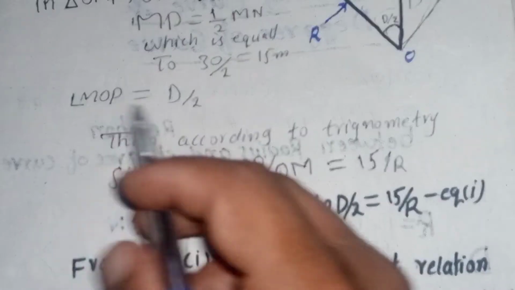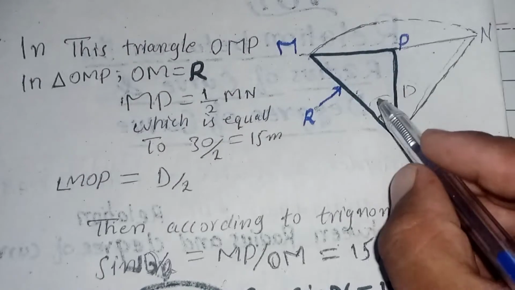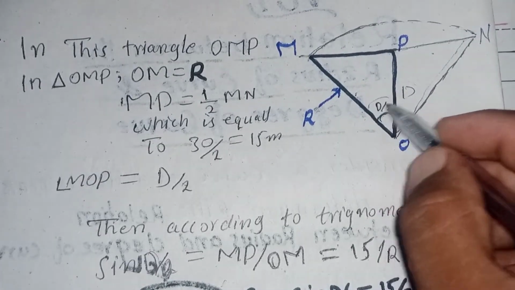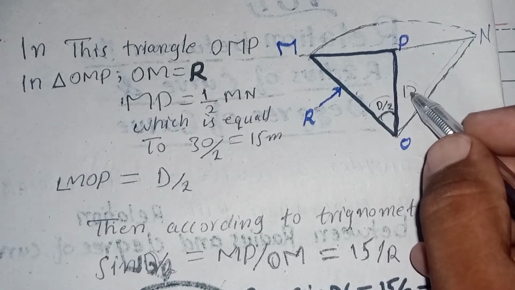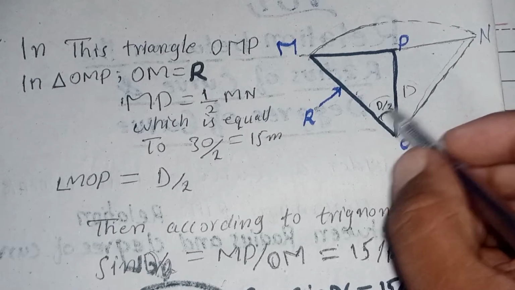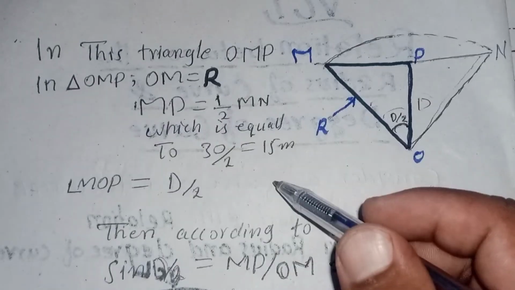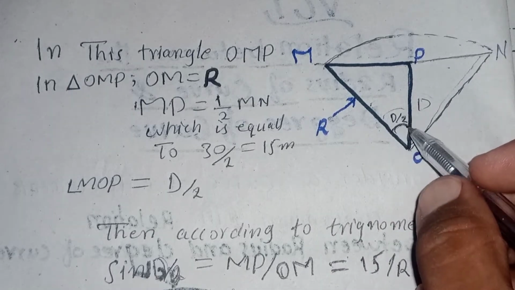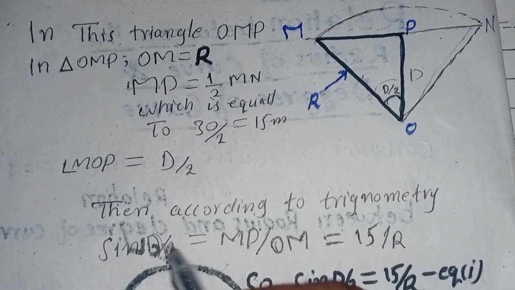The other is angle MOP, shown here. This angle is equal to D by 2, as we know that the whole degree of this curve is denoted by D, but this half angle is half of the total degree, which is D by 2. As we get a right angle triangle OMP with the radius and its degree, then according to trigonometry,